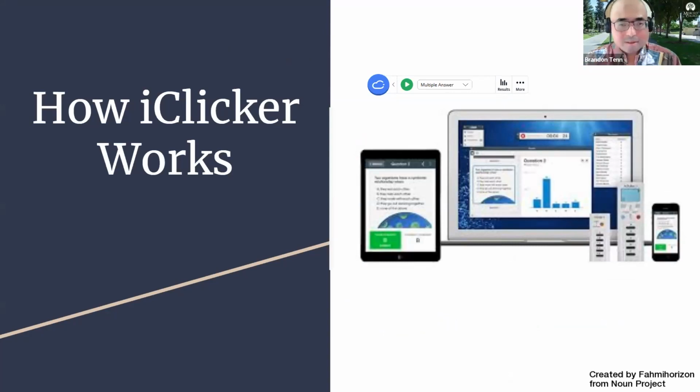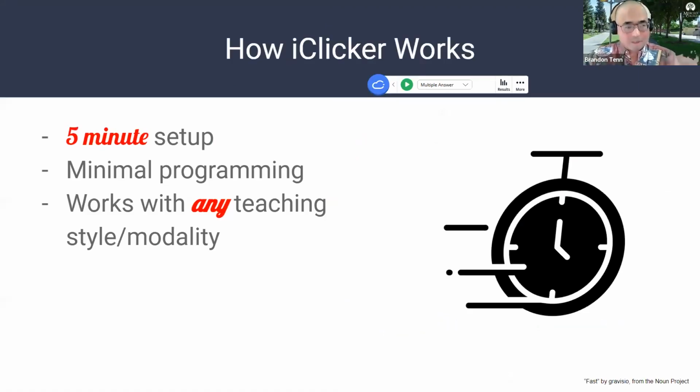How does this platform even work? So iClicker works, it's very simple. When you set up a brand new class, if you haven't done so before, it takes about 5 minutes. You just put in your class times, your name, you name the course, decide how you want to use iClicker, for attendance, not for attendance, if you want to allow participation from anywhere or from a specific geographical area. That takes 5 minutes to do, and it works with any